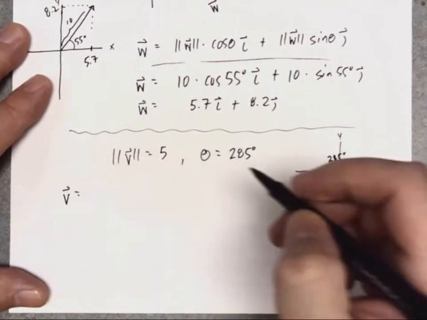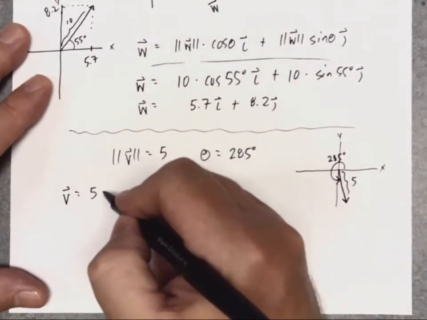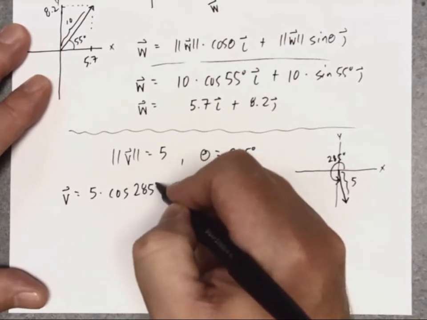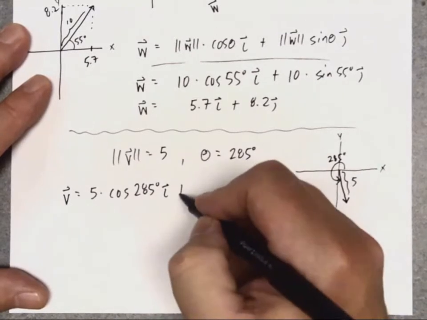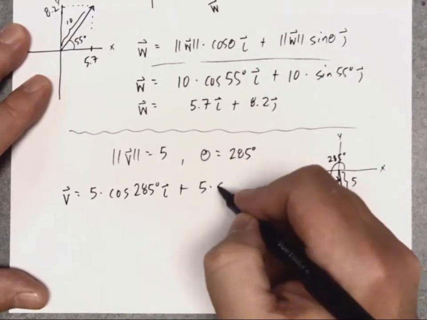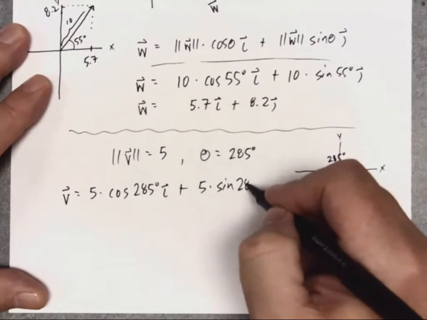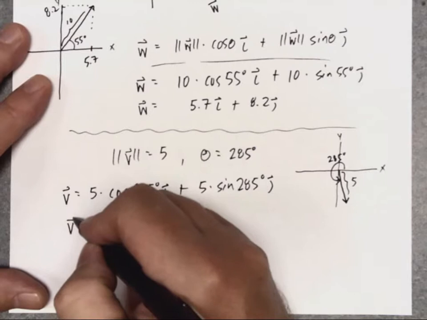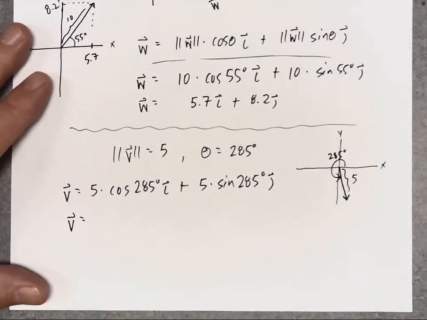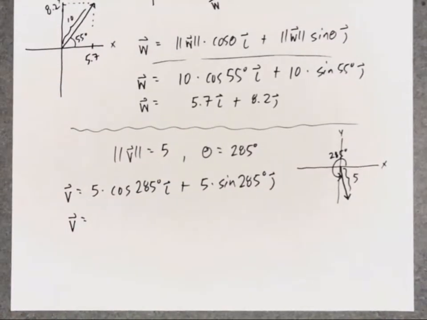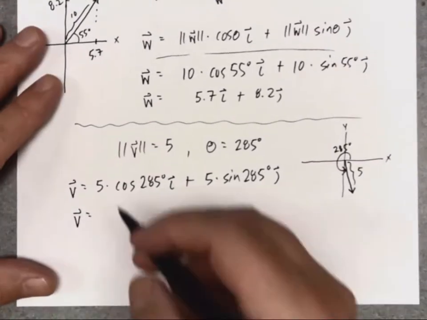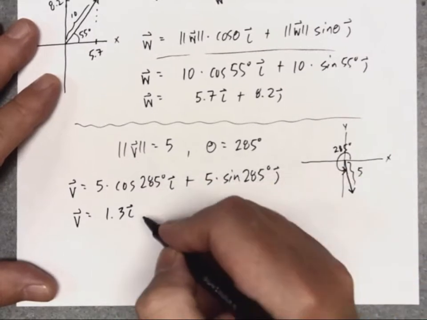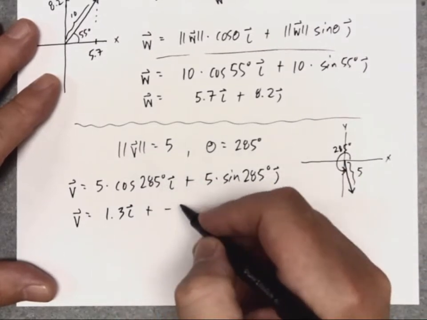So if I want the vector v, I'm going to take 5 times the cosine of 285 degrees, which is my i part, plus 5 times the sine of 285 degrees, which is the j part. And I've already done the math here. And what I end up with is 1.3i plus a negative